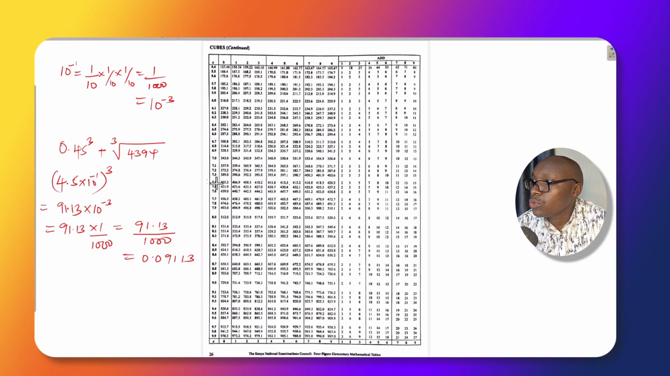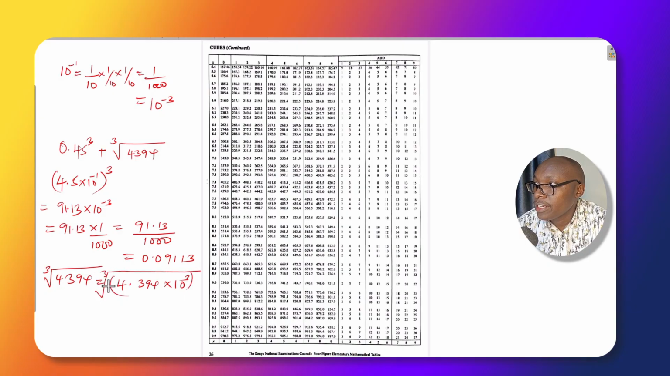Then we can go to now these other parts. These are the cube roots. The cube root of 43.94. So write this number again in standard form. So you have 4.394 times 10 cubed. And don't forget, you are getting the cube root of everything. Don't forget that. So now to get the cube root of 4.394, you use the tables of cubes,